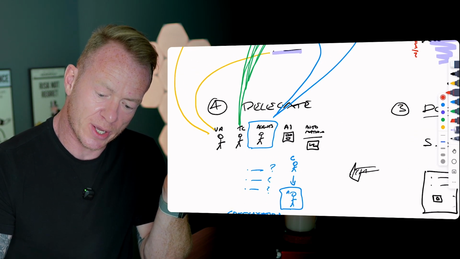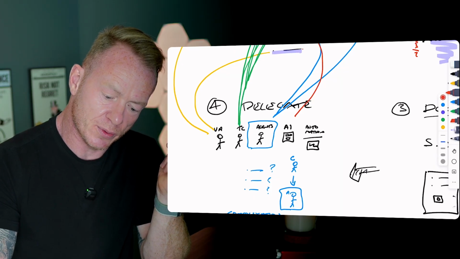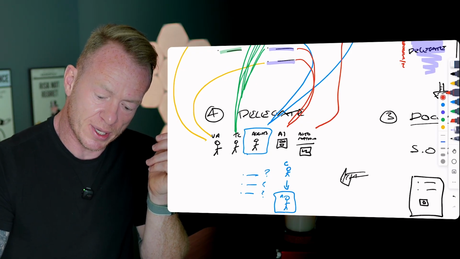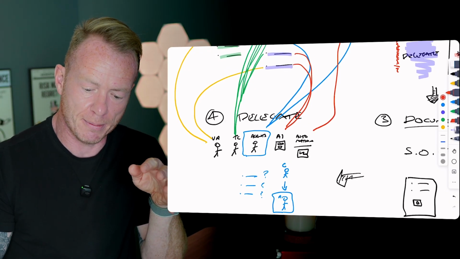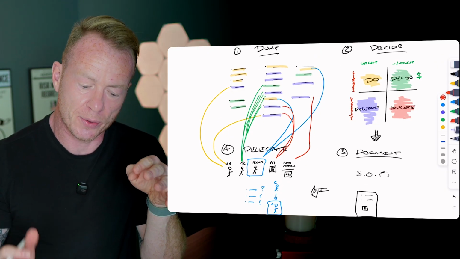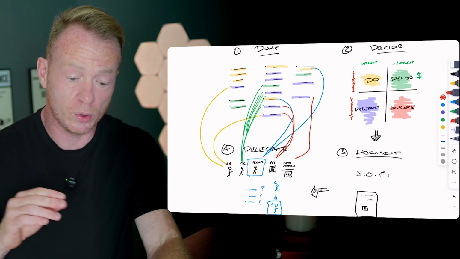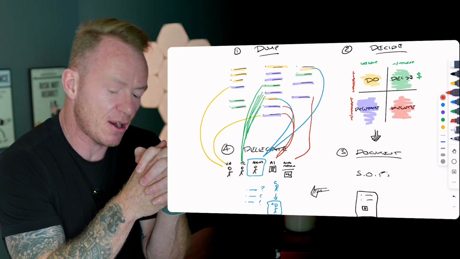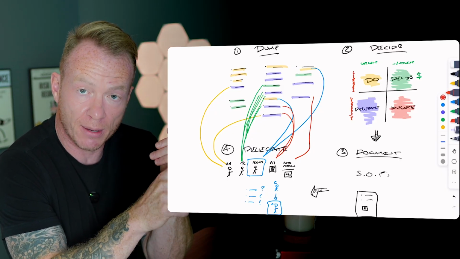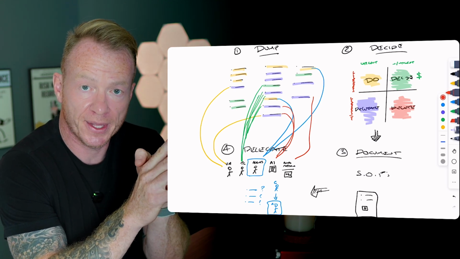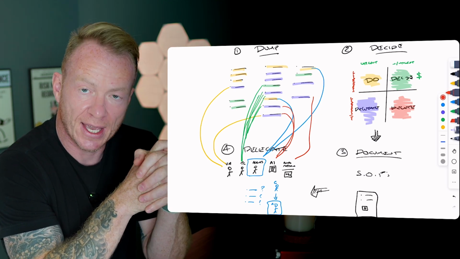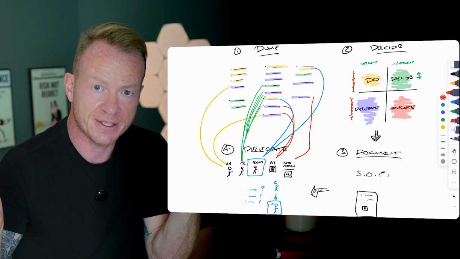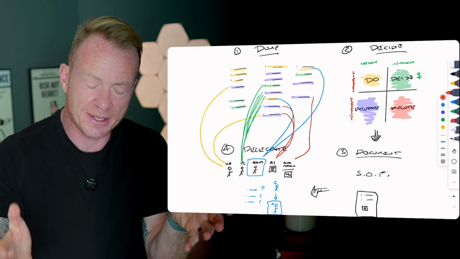Now from there, you've obviously got AI, which we can delegate a lot of things to. We can automate a lot of different things, content creation, all sorts of different things there. And then automation could be email responders, could be a lot of different moving pieces in there. But this is how we build systems. This is the whole playbook. There are no hidden crazy things that you have to start figuring out. This is it, it's 4 steps. Dump, decide, delegate, and document. If you start to do this with your business and get your tasks down to a linear SOP and know who to give them to and when to give them, that's it. You've systemized your business. That's the game. That's how you do it all.